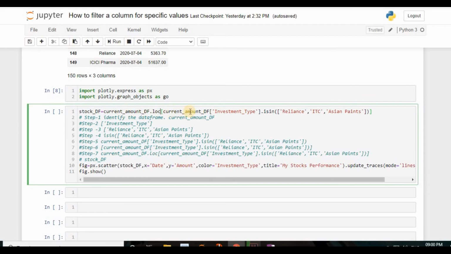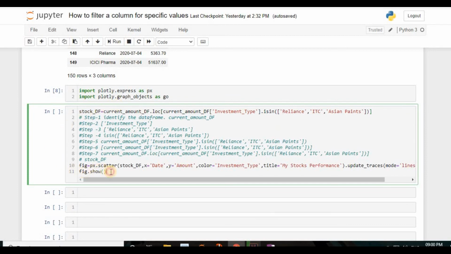So current amount data frame dot loc, and then again square brackets open, and then which data frame I want, from which data frame I took this, and from that data frame I have to select the column name, and from that I have to use the isin function, and for that isin function I am using more than 1 parameter. That is the reason square brackets will come. Otherwise within the parenthesis only you can use it if you are using a single data type, but you are using here more than 1 parameter, so that is the reason I use square brackets also. And then I have to assign each and everything to my stock underscore data frame.